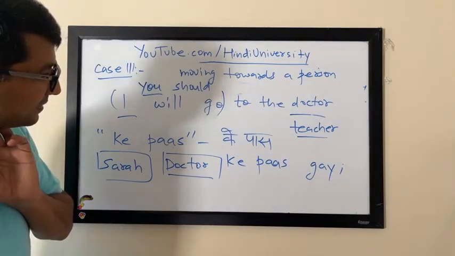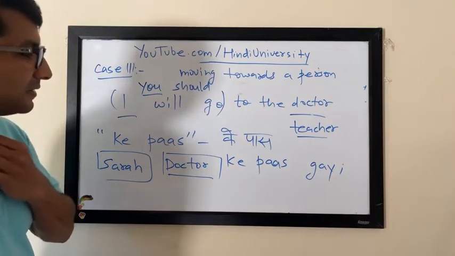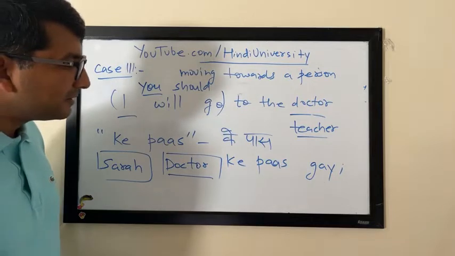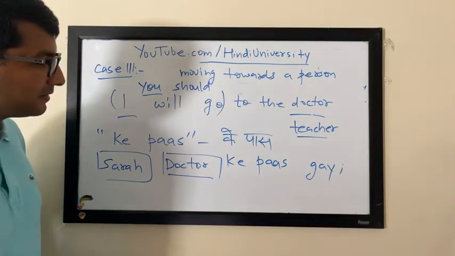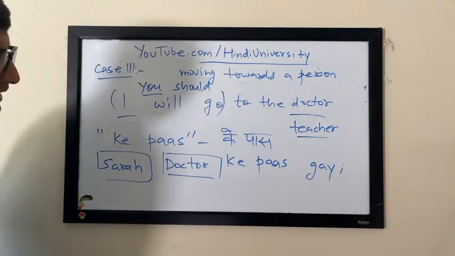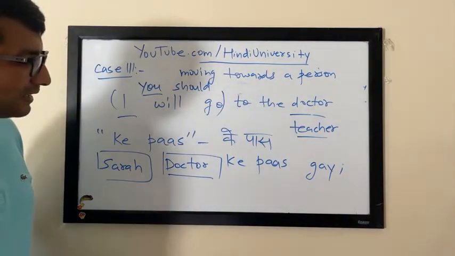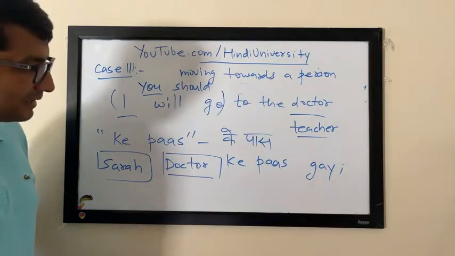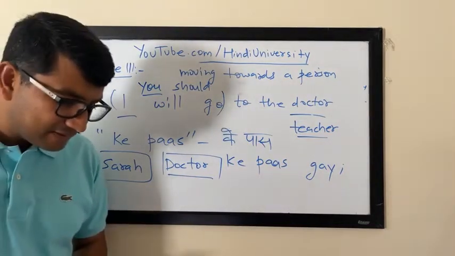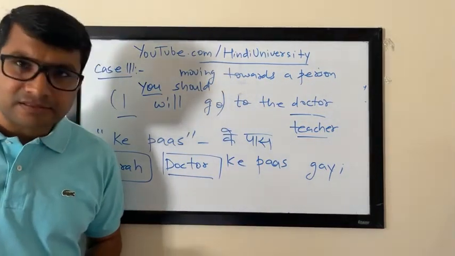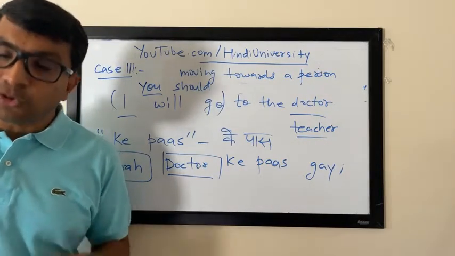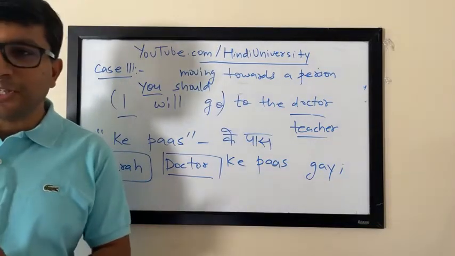Using ke paas like this. I'm just asking because I'm saying things all the time to people and I don't know what they're hearing, how bad it is. So if I didn't know this and I said Sarah Dr. ko gai, because I'm thinking, oh, it's an animate being, so I'll put a ko behind it. How does that sound to your ear? Does that sound bizarre? It's a little bizarre, but you will still get by. I make mistakes all the time in English, but I still get a pass there.